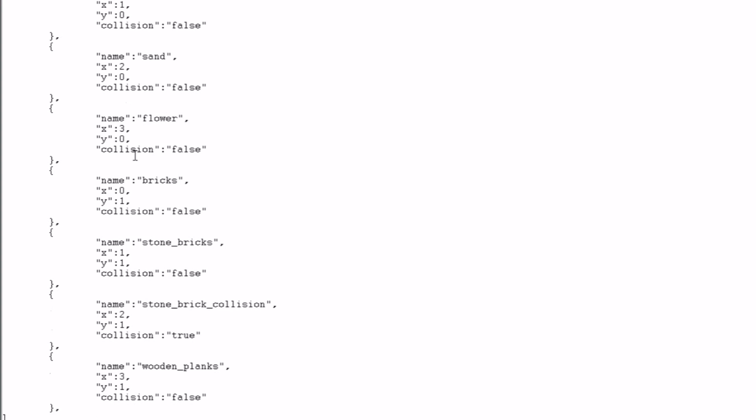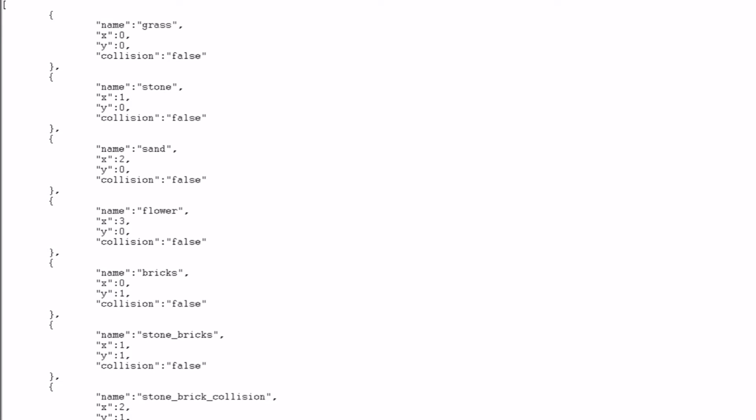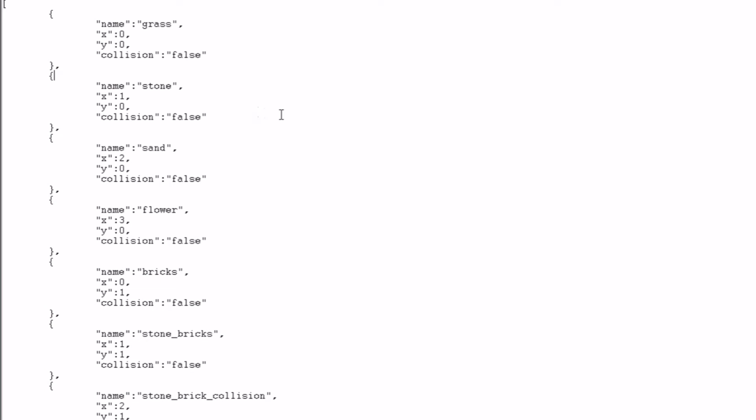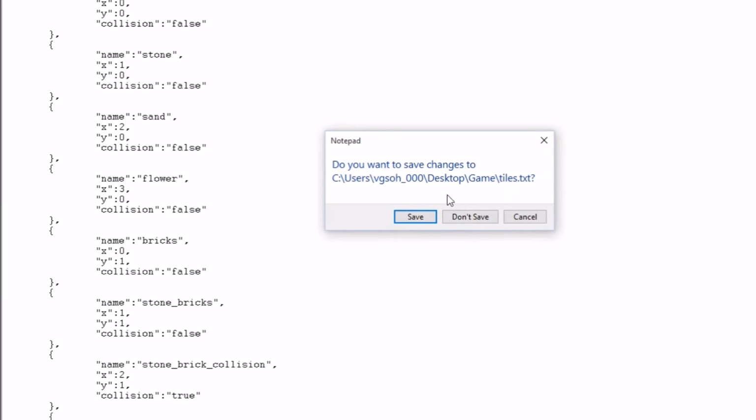So, in short, that's not what I did. I used a JSON parser to parse this file, and now that we've got that out of the way,